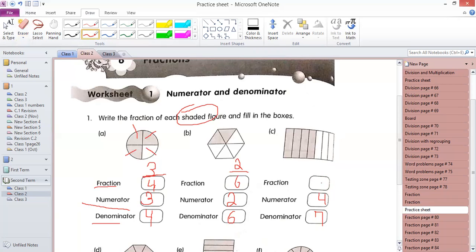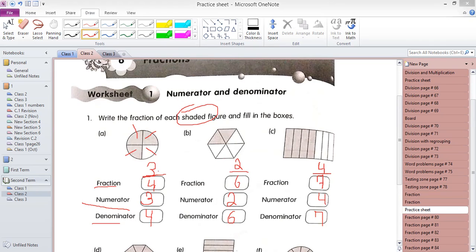I told you, you always write denominator down. In the fraction, always write denominator down. Write a slash, draw, then down, right here, denominator, which is 7. Numerator up. 4 parts out of 7 parts are shaded. What does that mean, guys? That 4 parts out of 7 parts are shaded. 3 parts out of 4 parts are shaded for this one. 2 parts out of 6 parts are shaded. This is how we interpret the fraction.